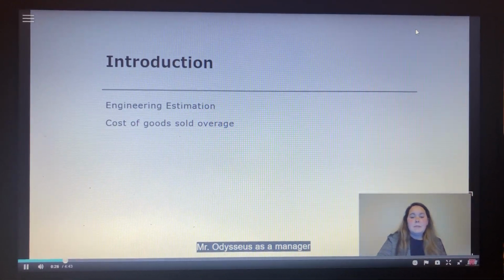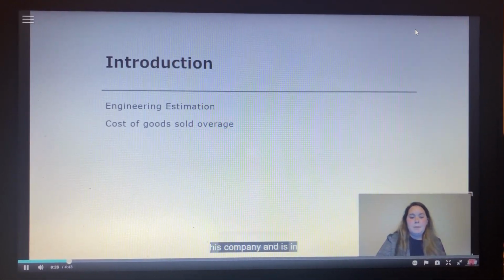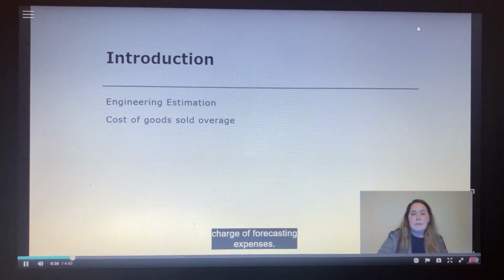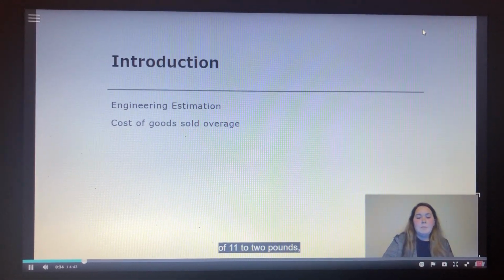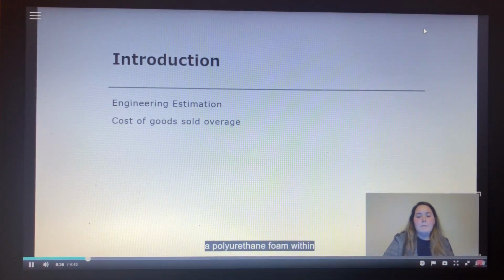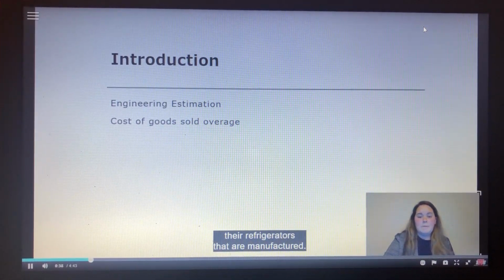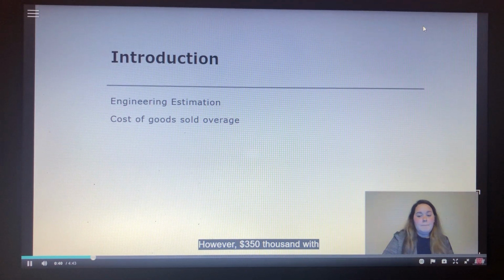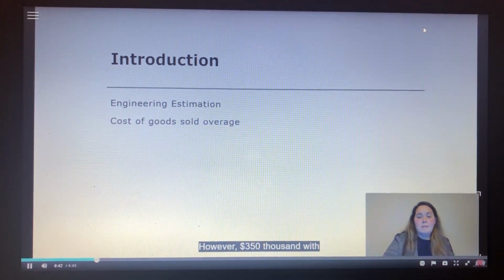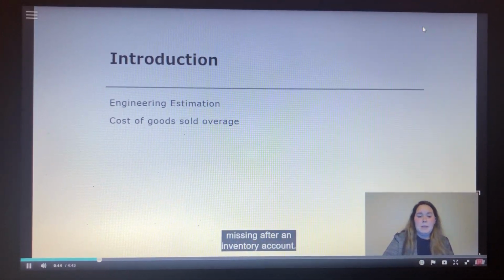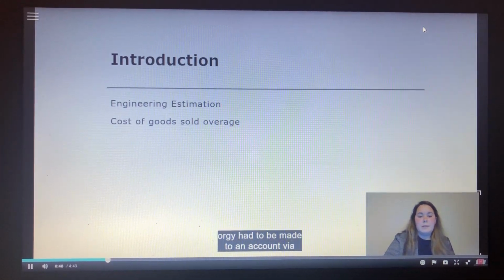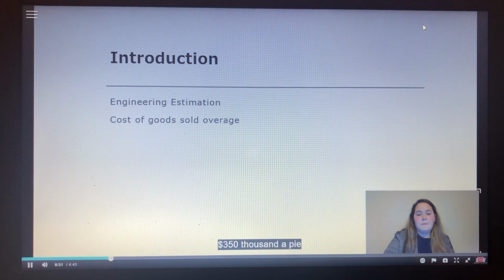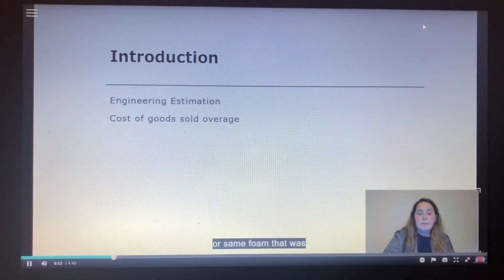Mr. Onius is a manager of the purchasing department for his company and is in charge of forecasting expenses. He received an engineering estimation of 11.22 pounds of polyurethane foam within the refrigerators that are manufactured. However, $350,000 worth of polyurethane foam was missing after an inventory count. Thus, an adjusted journal entry had to be made to account for the $350,000 of polyurethane foam that was missing